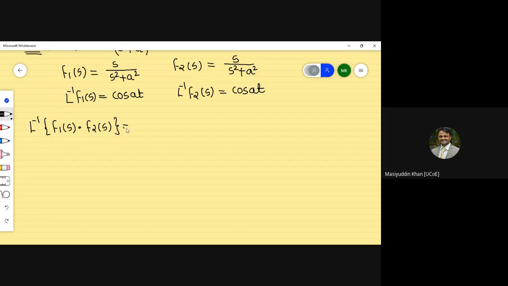which is equal to इंटीग्रल 0 to t, f1 of s का लाप्लास इनवर्स आपने कैलकुलेट किया है एट द अबव. यू हैव टू जस्ट राइट इन टर्म्स ऑफ u वेरिएबल. So at the place of t you have to write u. Now both the functions are same, so इसमें तो कोई चॉइस आपके पास है नहीं कि किसको F1 लेना है किसको F2 लेना है. So we have to write as it is cos of au into second function will be cos of a. At the place of t you have to write t minus u.